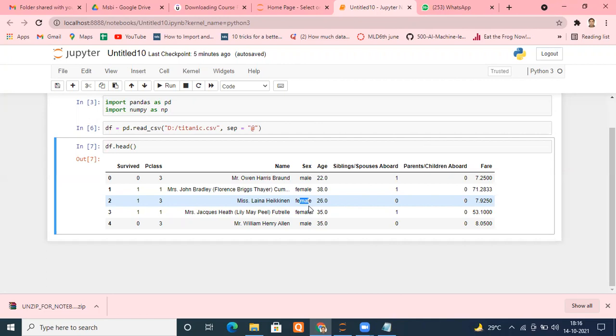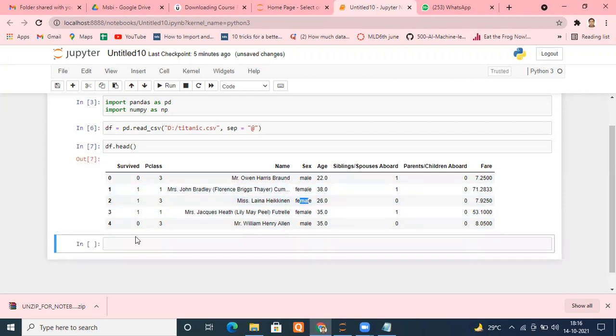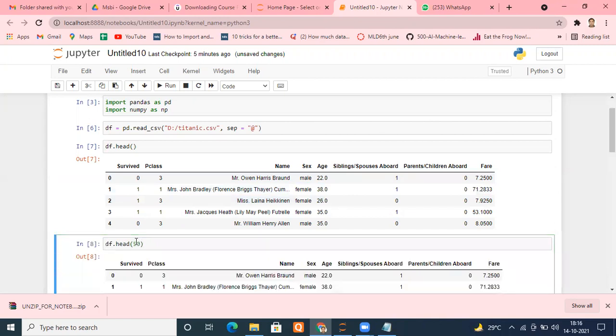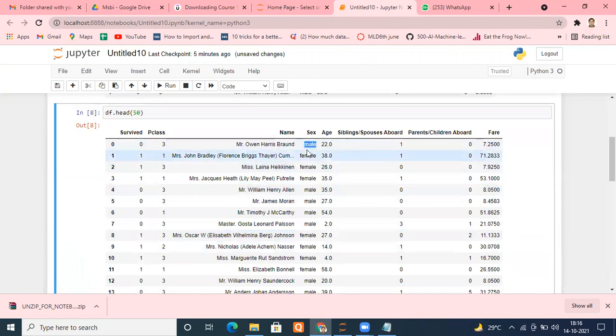It allows you to group rows together based off a column name. Are you getting my point? What is our objective? We want some information, for example male-wise, female-wise, because we will have lots of entries of males and females. If we go here and explore our data set, and instead of 5 rows, let me explore 50 rows, we can see we have several male, female, male, female, lots of things. I want to make some conclusion based on the male only. I want to make some conclusion on the female only. I'm just giving an example.